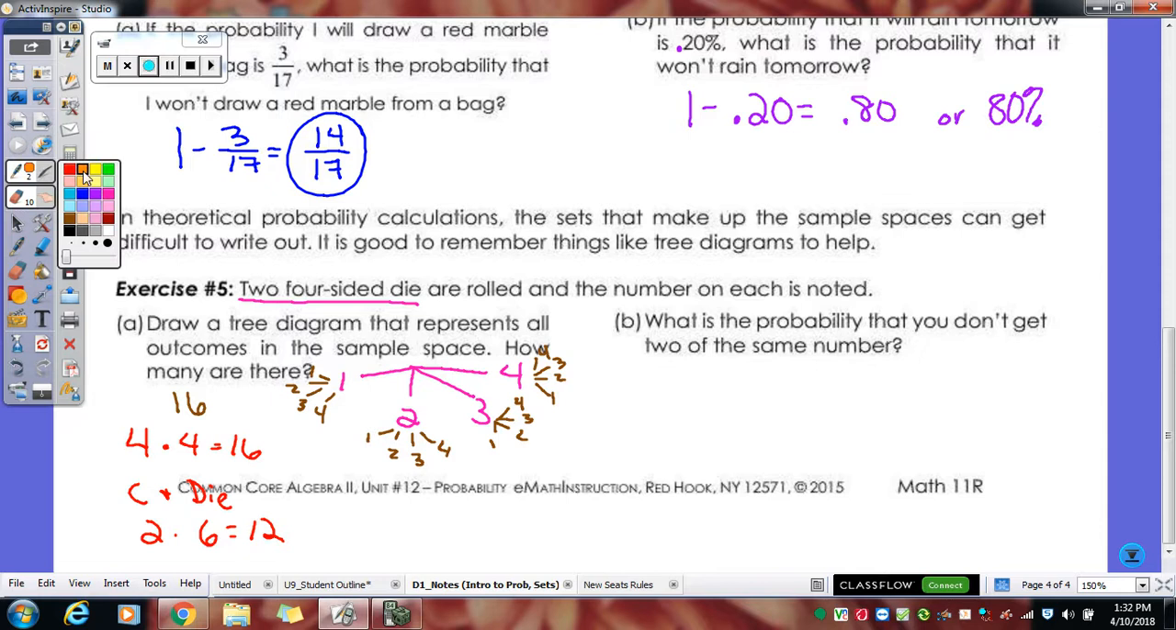So then over here, what is the probability that you don't get 2 of the same number? If I roll a 1, any of those ones would fulfill it if I got a 2, 3, 4 afterwards. For a 2, if I got a 1 and then a 3 or 4 afterwards would work. 3 and then a 2, 1, 2, 4. And then for the 4, the 1, 2, 3. So how many of those would work? 12. You got 3, 6, 9, 12 out of 16. Which would reduce to